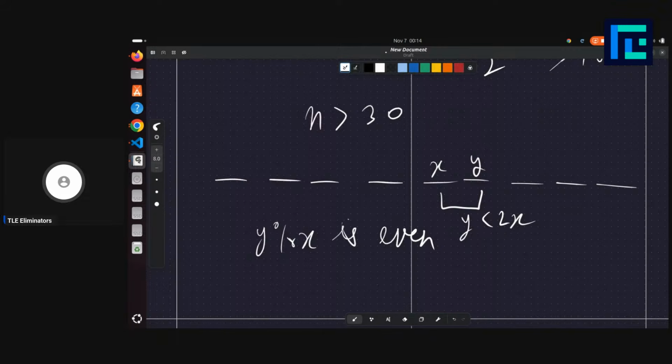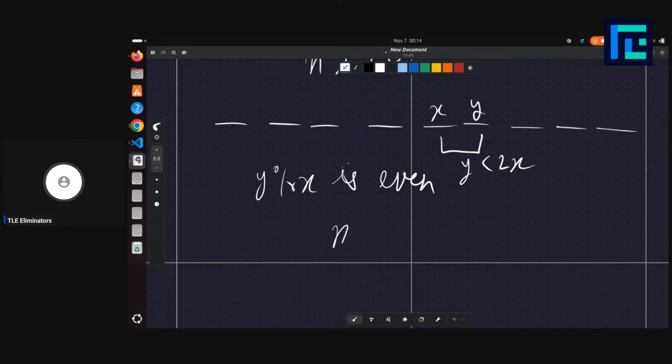And if n is less than 30, then you can just brute force. Like if n is less than 30, or let's say 35, then you can just do O of n square. And if you don't get any pair, then just print minus 1. I think,